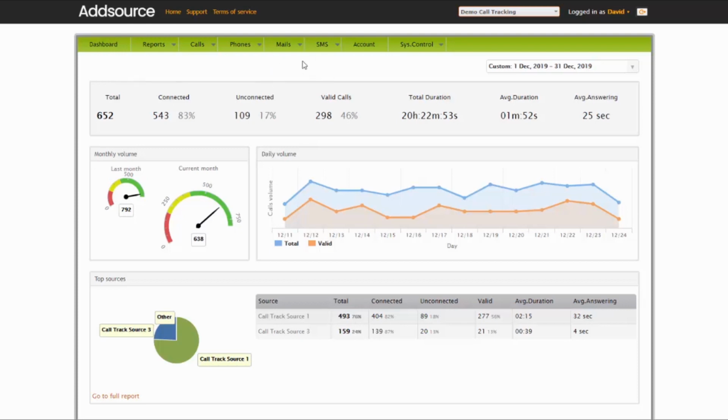We are in our Addsource account. We have this new column here. It says SMS, and under the SMS, you have the SMS stream, which has always been there, and you can actually browse for the SMSs that you send and receive, and you have the manage template. So we want to hit that now and log in